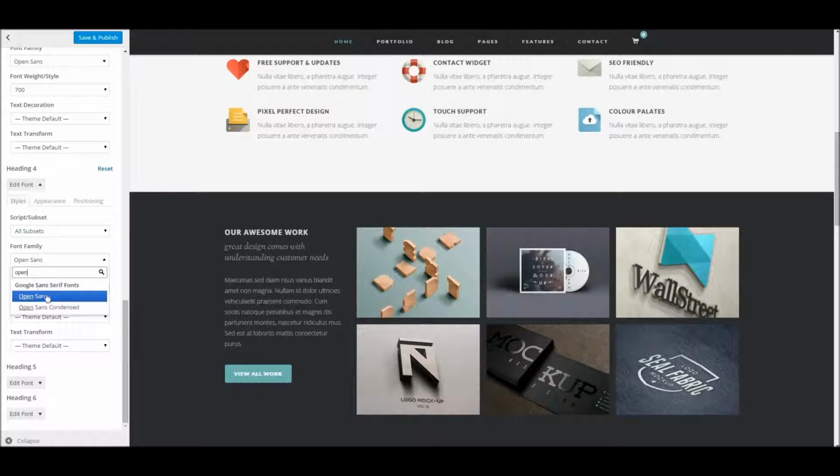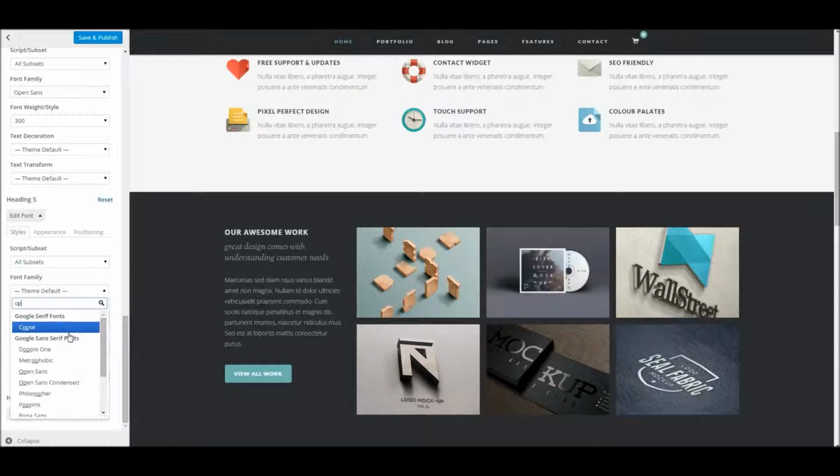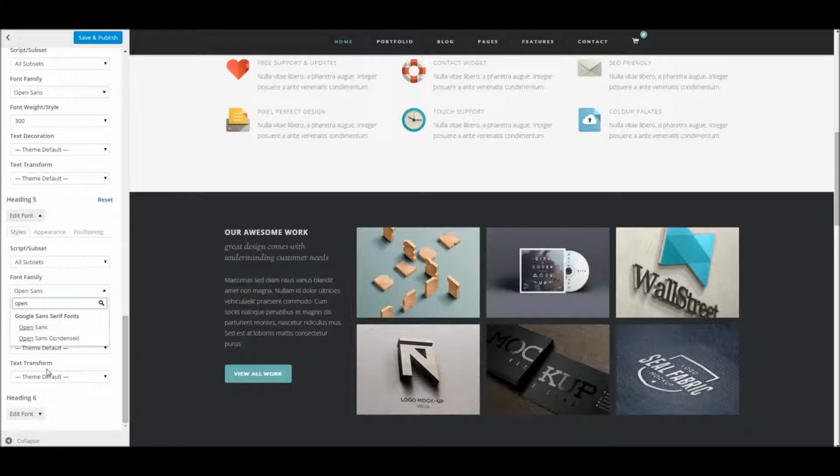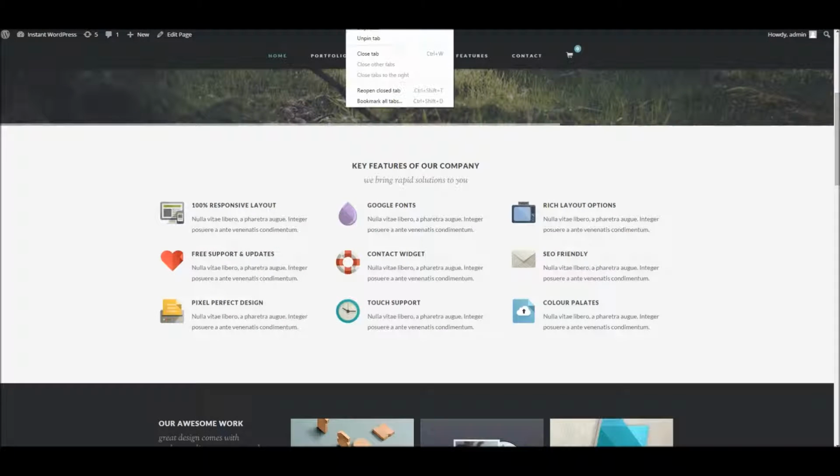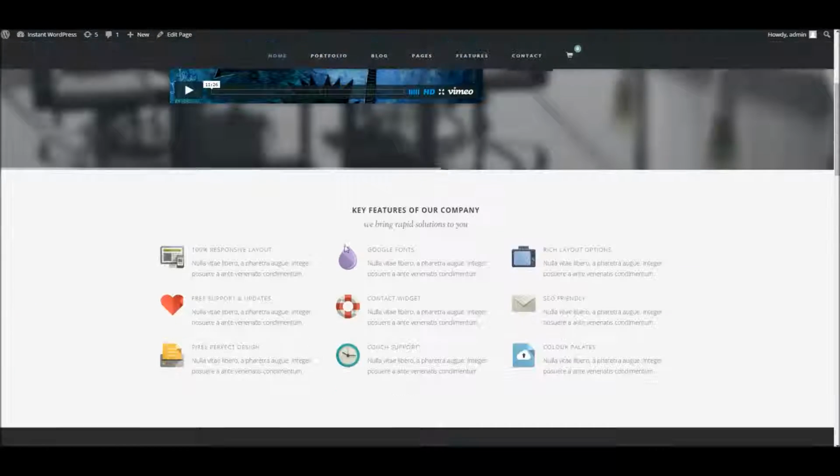Just keep going through all the heading types. If we just hit save and take a look at the front of the site again, we can see all of the fonts have changed, which is what we wanted. We can see that there are a couple of